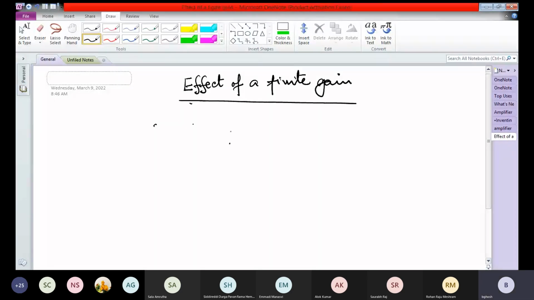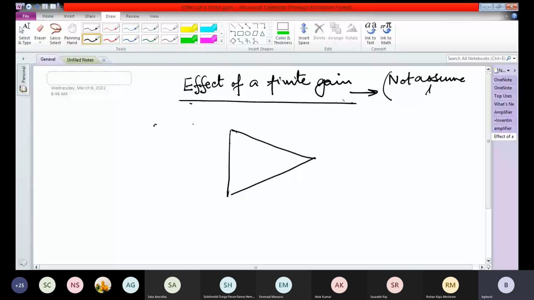Which means that in this case we are not going to assume that the open loop differential gain is infinite. We are not going to assume. So therefore we will say that the two input terminals will also not be virtually short circuited. So we have